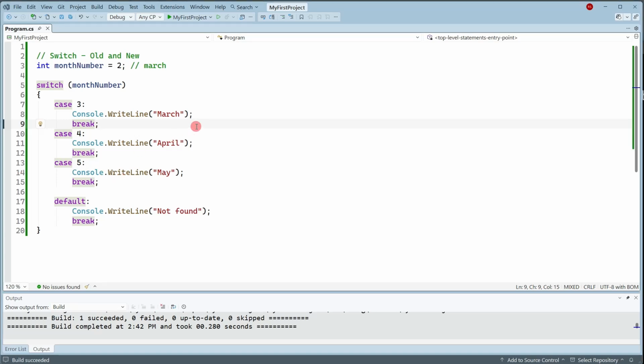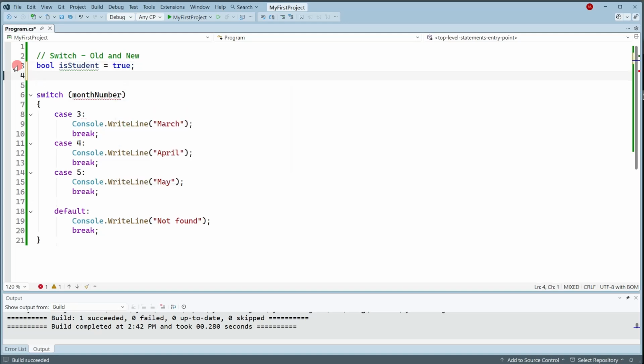All right, so let's look at a little bit more advanced example of the old way to do switch. So instead of doing this here, I'm going to create a boolean variable called isStudent. I'm going to set it to true. And then an integer age, I'm going to set it to 25. And now I'm going to switch on age. And here on the case, instead of putting only the age, I'm going to put a condition. So the first condition is if age is bigger than 65, then I'm going to print here, let's say, a 20%